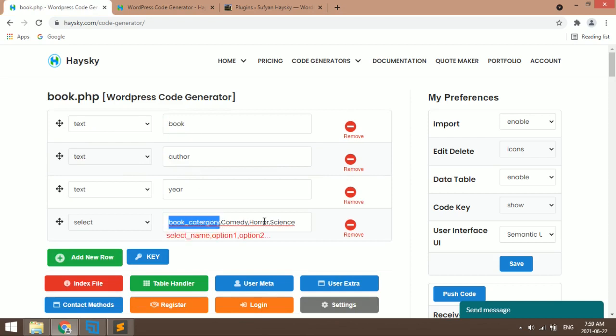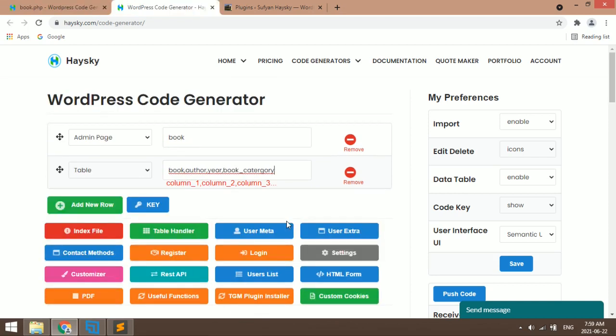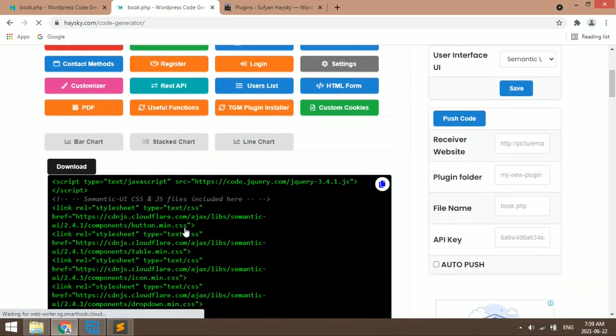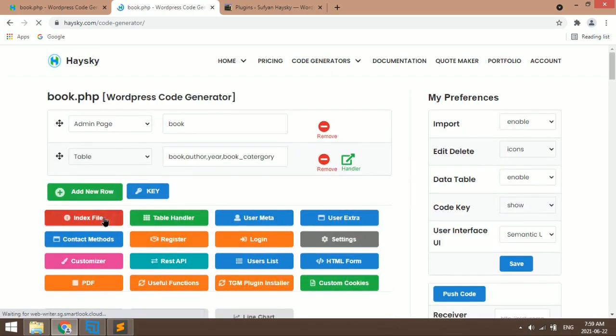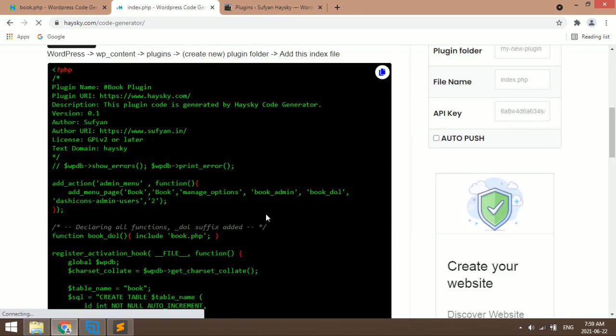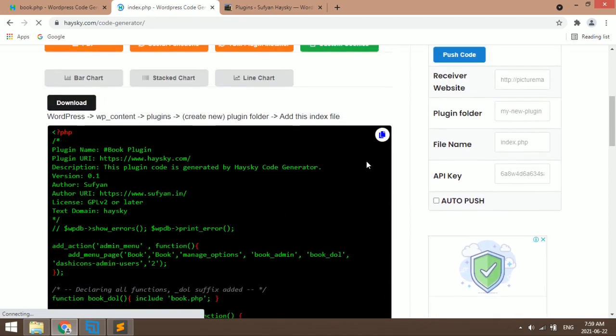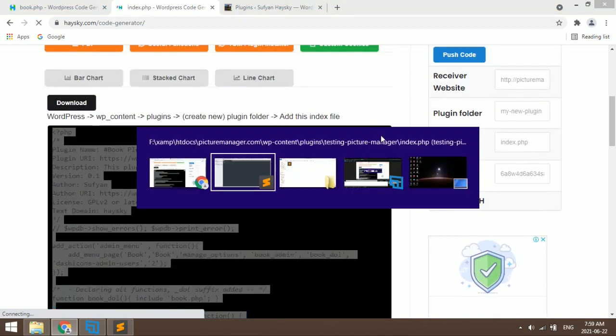You need not write all these options. Okay, so this will be the table type. This is admin page. So click on index file, not table handler. So this is our index file page.